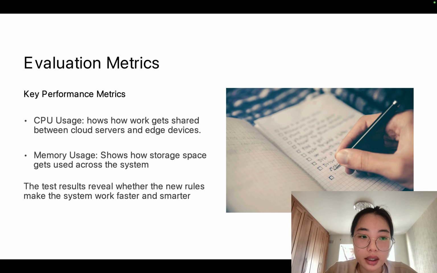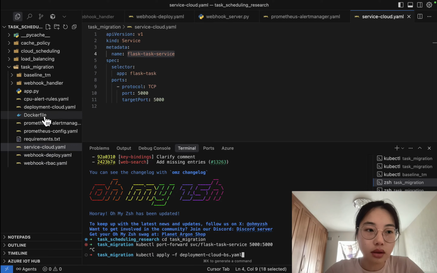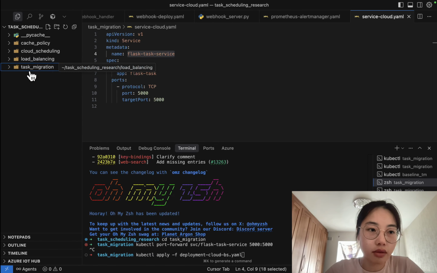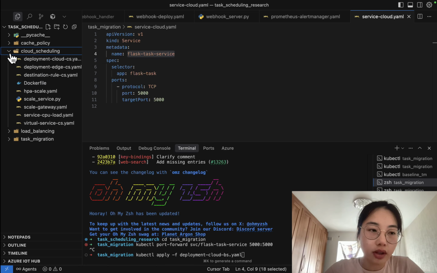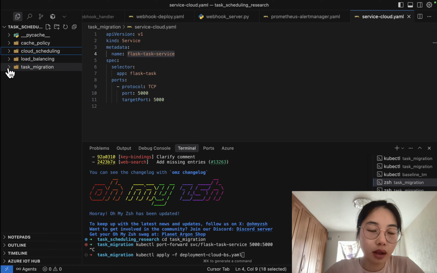For my research, I use 2 metrics. The first is CPU usage, to look at how work gets shared between cloud and edge, and memory usage to see how storage space gets used. And for my code part, I have 4 rules and 4 files here, and they are all about the configuration file. I'm going to show the first rule, and the other rules follow similar